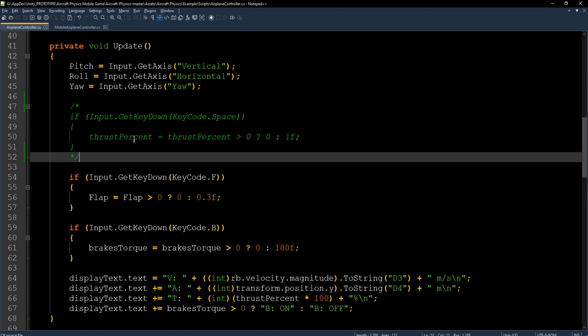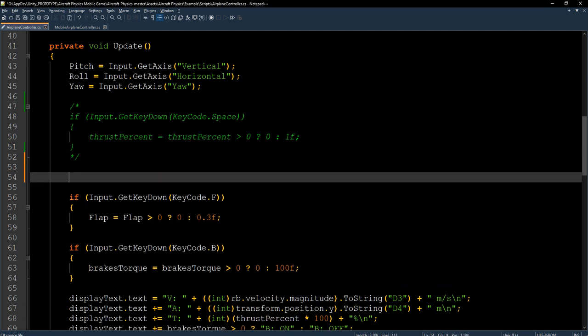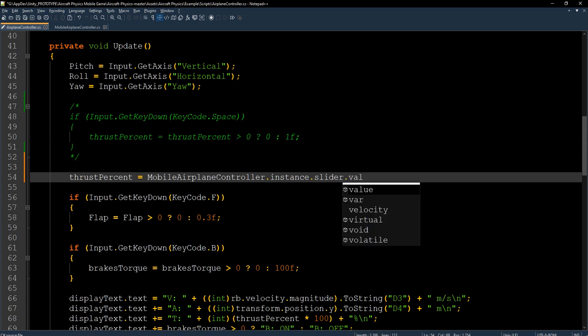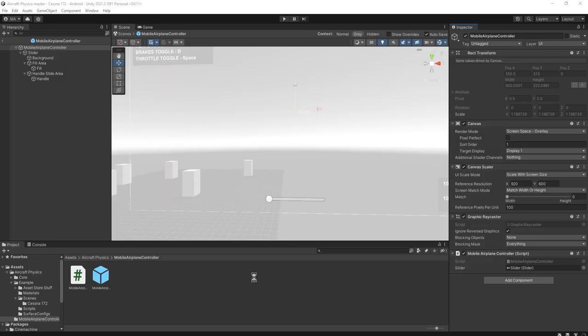I comment it like this. Thrust percent should be equal to MobileAirplaneController.instance.slider.value.